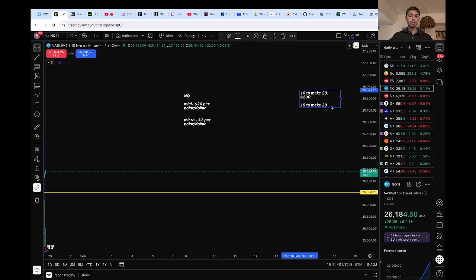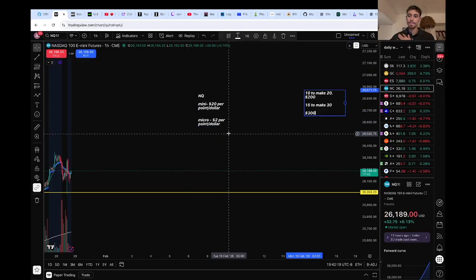So let's see, if I'm risking 15 to make 30, I'm risking 300 to go and make 600. And so, like I said, with the NASDAQ, I'm okay with risking 15 points because some of the candles are going to be larger, right? Unless you just trade the micros. Instead of trading one mini, you could work your way up to 10 micros, which is equal to one mini, or you could do half, right? You could do 5 micros, 3 micros. Really, if the Nasdaq's moving, 3 to 5 micros is a good size to start with. You guys always want to start with smaller size if you're a beginner. So micros is the way to go when trading Nasdaq.